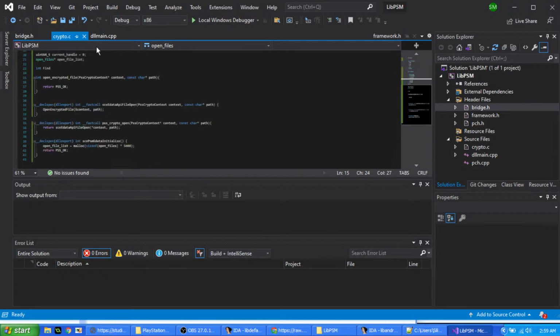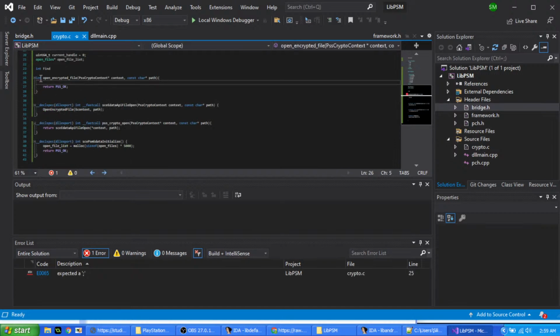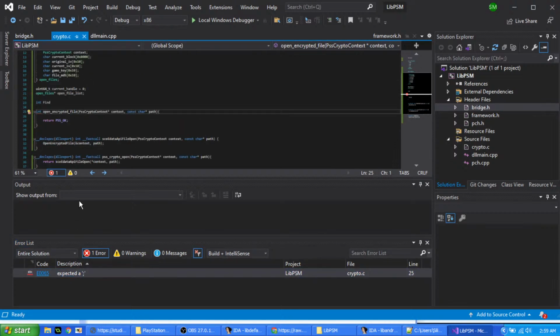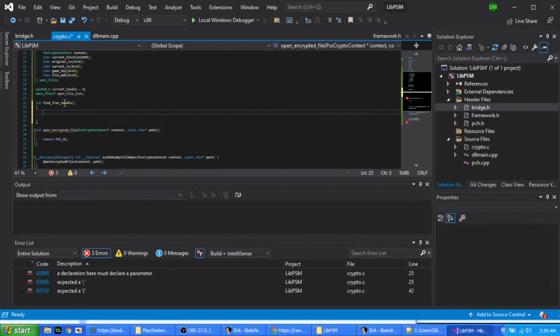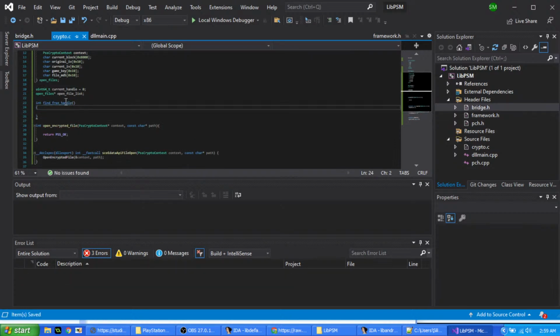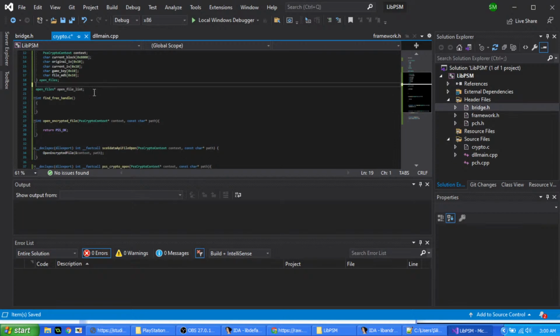So it's still mad about a semicolon somewhere. Alright, it's mad because of this one, I think. Oh yeah, because I was making another one. Find free handle. Okay, so what we're going to do is, do we even need this current handle? I actually guess we don't need this current handle, because we could just loop over all the open handles and then figure out,